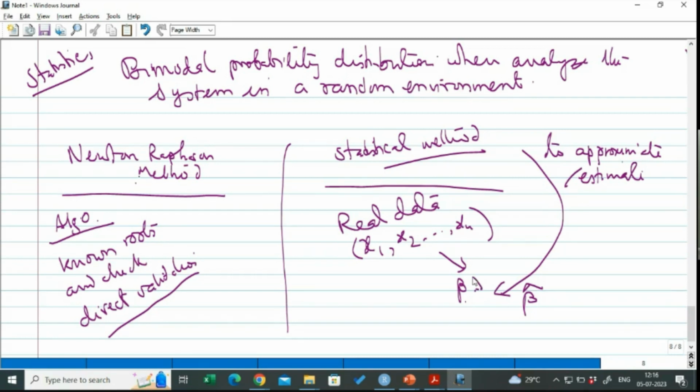Now, is it ever possible for anybody, any scientist, to know the exact value of beta for real data? For example, from market research I collected some data, and I want to estimate the exact probability that an individual is going to buy that product. Or say I am at a credit card agency and I want to accurately estimate the